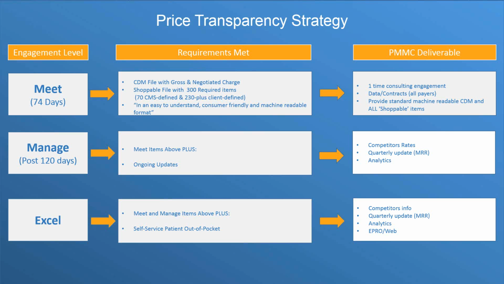For those organizations that want to go one step beyond that, which is where I think most organizations are going to be heading, no sooner than you post your information and are compliant on January 1st, you're going to want to start to really analyze, aggregate, and compare how your charges, being both the gross charge and the negotiated charge, compare to your competitors. And how do you make adjustments and take that data into consideration as you move forward with your payer scorecards, your payer negotiations, and your payer contract management process.